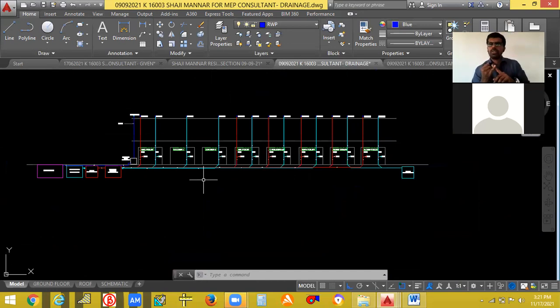We have to give the concept drawing. When they approve the concept drawing, we have to give the design drawing. In the design drawing, you have to give the schematic drawing and section drawing also. So this is the way that we will be doing the project. Just go through this video 2 or 3 times so that you can understand it properly. Taking this project implementation class for 1 hour or 1.5 hours won't be enough, but I have covered all the topics inside this. Just rewind and go through these topics 2 or 3 times. You can understand it.